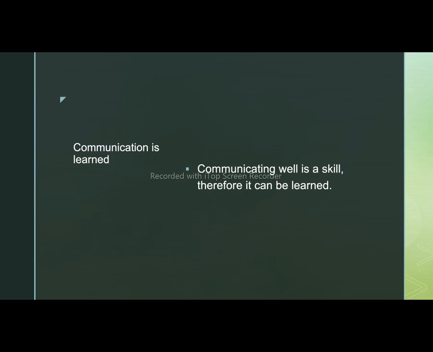And as we grow up, we still learn. We learn a lot of things. We learn how to talk with people. We learn some skills in talking. We learn how to be deceptive at times. You learn how to flatter people, right? Flattery is not a natural thing. It is also learned. So, there you have it. Communication is learned. It is not something that is natural.